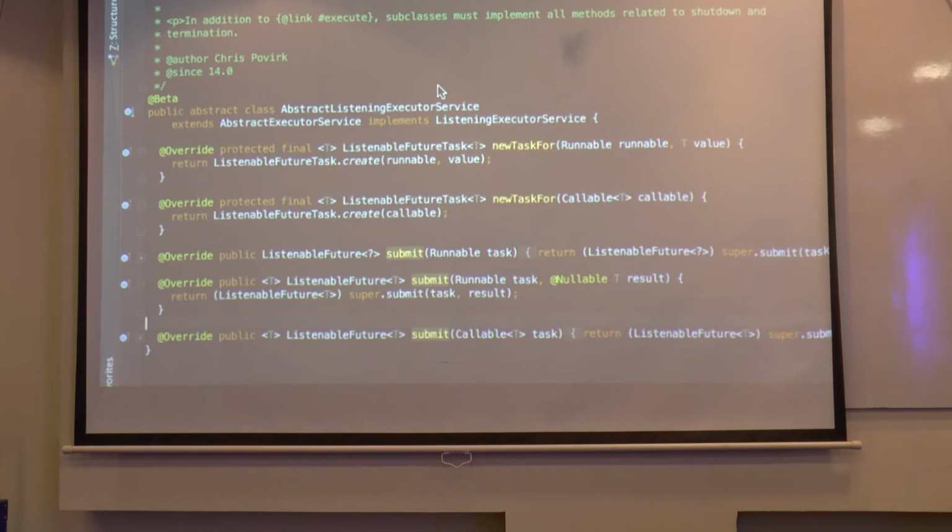It basically just wires things together, right? The newTaskFor gets a callable, it calls ListenableFutureTask.create, and that's the task that's returned. Whereas the abstract executor service is what actually calls